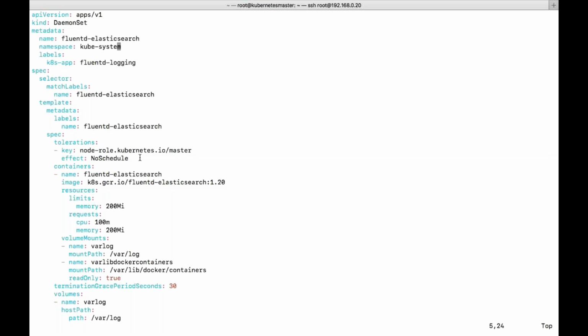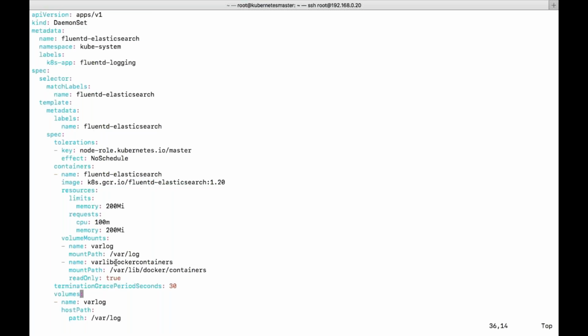And the container specifications: the image is nothing but you are using Fluentd Elasticsearch. They are setting some limitations on the resources like memory and CPU. And then volume mounts. So you are mounting this particular volume to this particular container path. That is what we are trying to do.